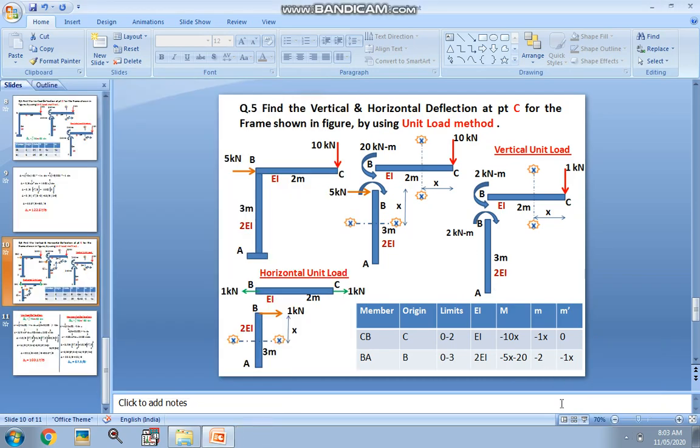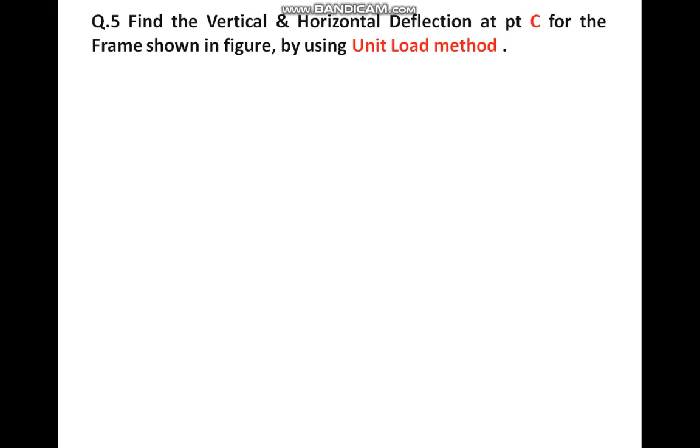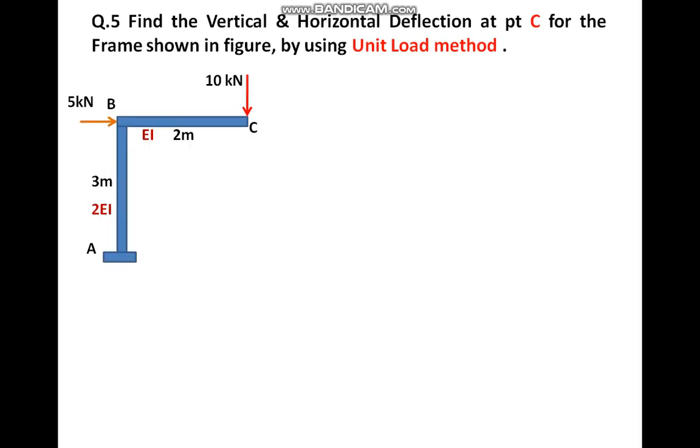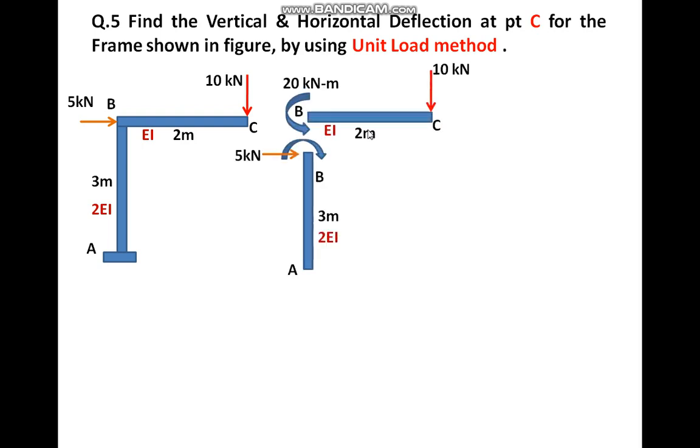Good morning students, another problem. You are asked to find the vertical and horizontal deflection at point C for the frame shown in the figure by using the unit load method. What is given: a 5 kilonewton load is acting at point B in the horizontal direction, a 10